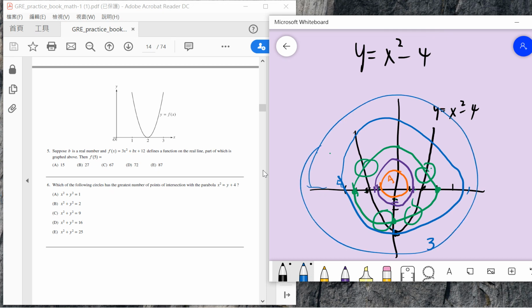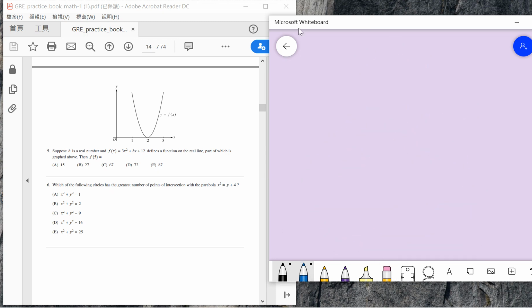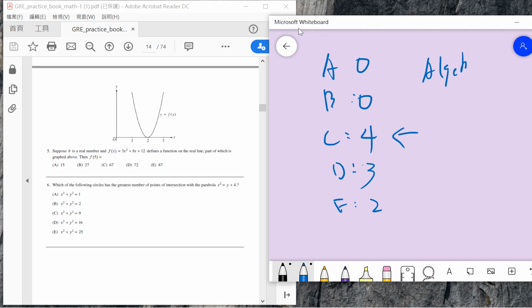But if you know the algebraic geometry, okay, so basically the A contains 0, B contains 0, C should be 4, D should be 3, E maybe 2. So if you know the algebraic geometry, you know in complex number